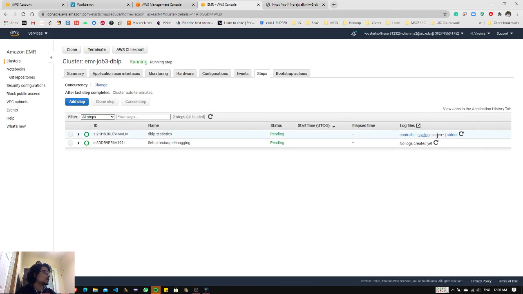It just shows the mapper and reducer logs, and stderr has whatever error logs I specified in my code, which are written here, and stdout is just the println statements which are printed to the console. So those are the logs.